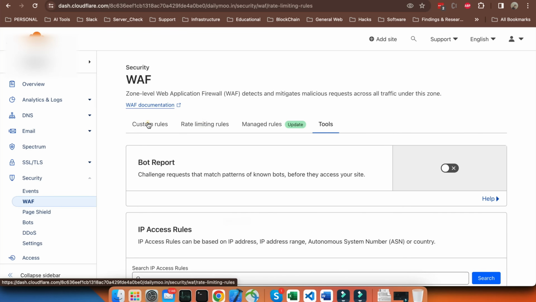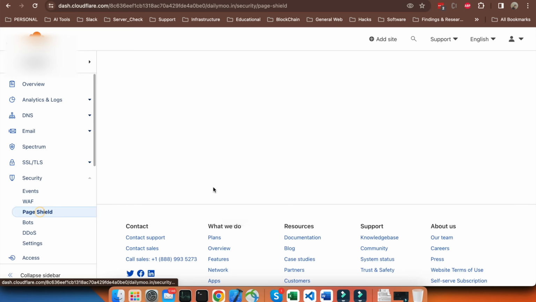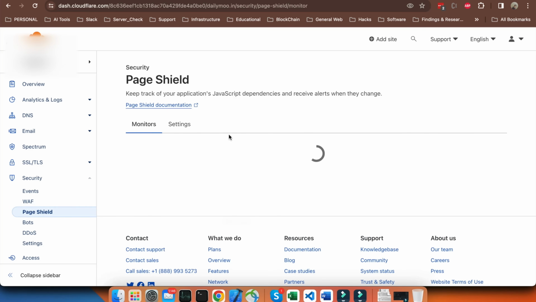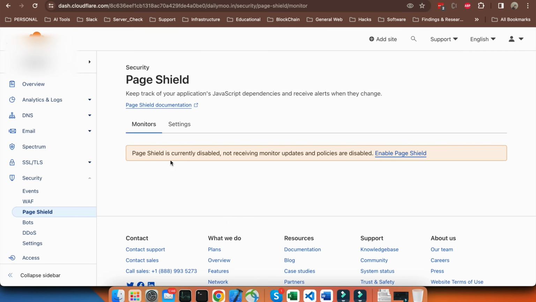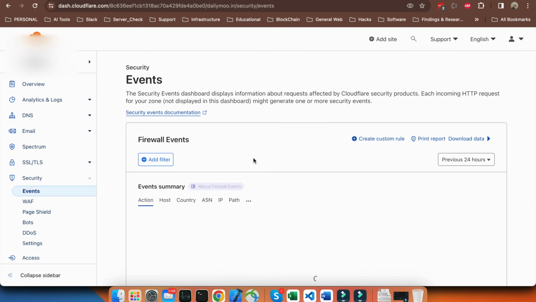Rate limit custom, I think there is a page shield. You can see the page shield is readable, not receiving. Okay, so if I enable this page shield, it will start giving me a type of page protection. So if I see the events, a few of the events are being blocked here, like